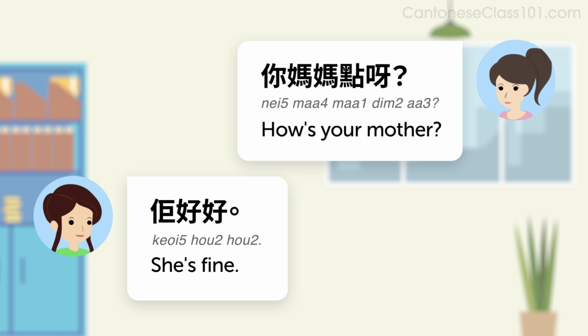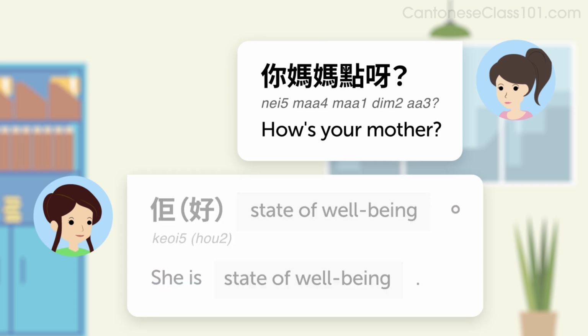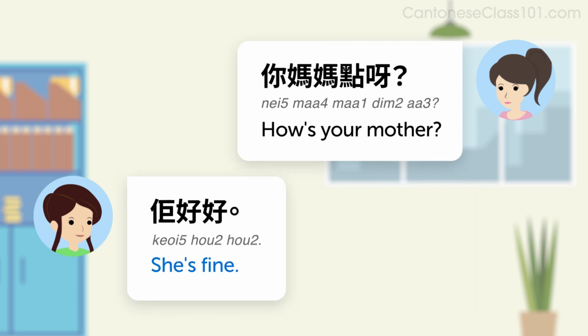Now, how do you answer this question? The pattern is, 佢好。 state of well-being. But it translates as, she is state of well-being in English. For example, she's fine. 佢好好。